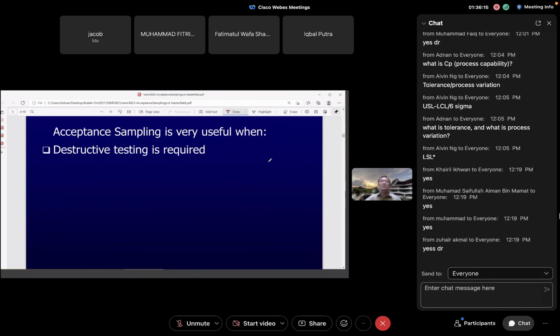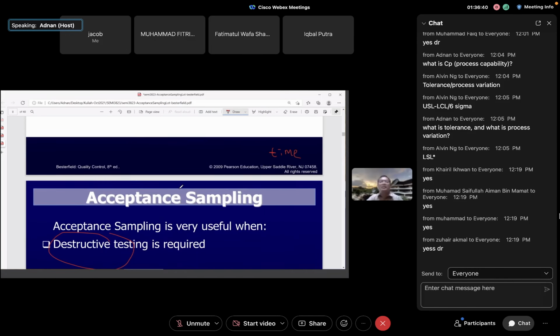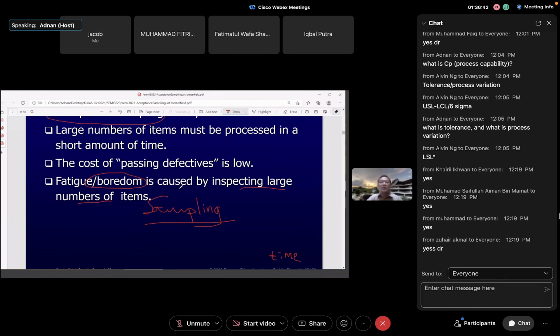And also sampling is useful for destructive testing, because you cannot inspect 100%. When you do inspection, you do testing, that item will be spoiled. And then the only choice is you take a sample, so that you don't spoil all the items. So sampling is useful when inspection is destructive, when you have too many items, that can cause boredom, and also